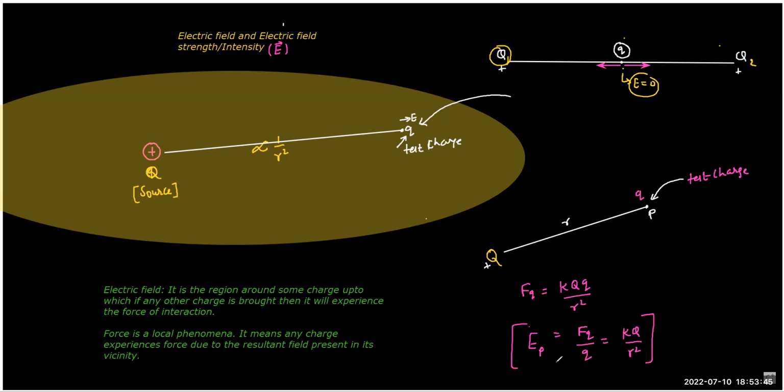The force per unit charge kept at a position in the field of the source charge is called the electric field strength of the source charge. This field that we have calculated is due to which charge? The source charge. The name is capital Q. Is it clear?